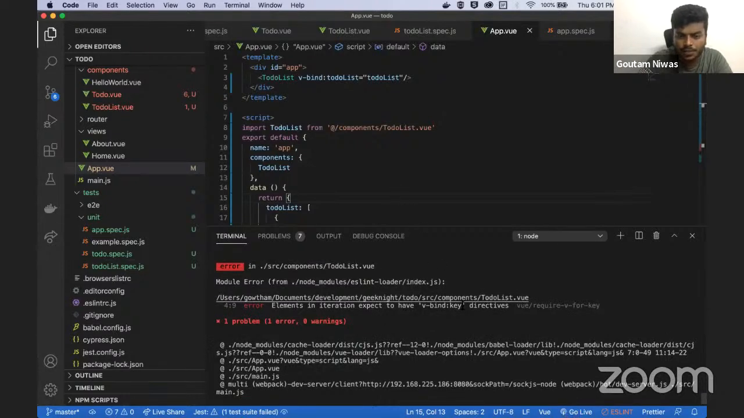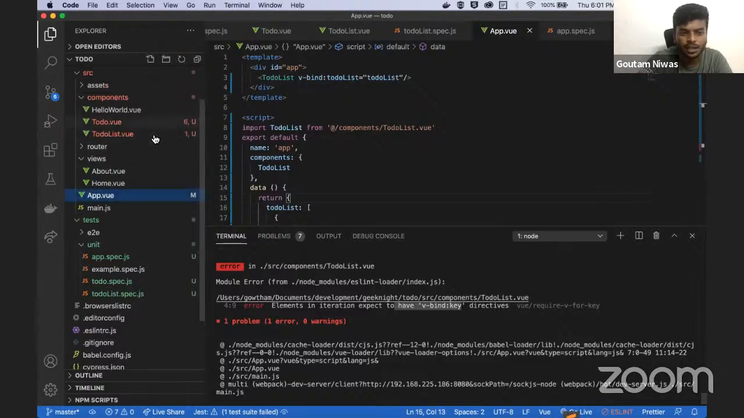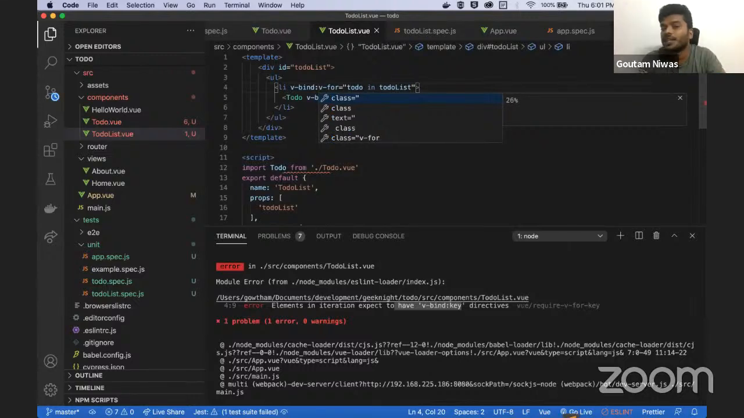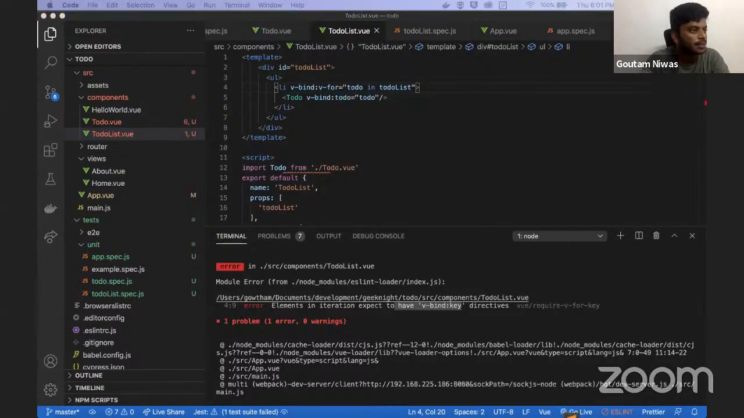Okay, it expects v-bind key. So I will tell you what this is. In the to-do list for any item or iteration, it wants a key for all the items, so that every item or every component will have a unique key for itself. Let's create a key for this. Let us name it v-bind key. So we use v-bind because we are going to use something,